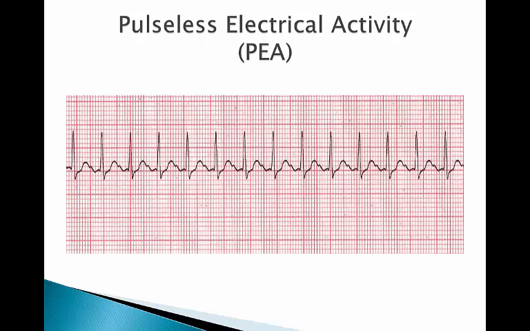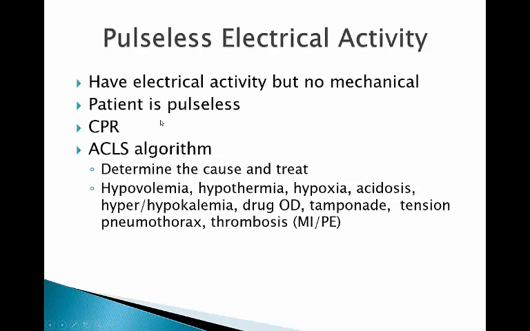The last two rhythms are PEA and asystole. So here's PEA, right? Look, there's P waves, okay? Kind of looks like sinus tach, right? 2, 4, 6, 8, 10, 12, 14. So 140 beats per minute. Looks like sinus tach. The only problem is they're pulseless, okay? So they have electrical activity going on that you can see on the monitor, but they don't have a pulse. And so they're basically not living, okay? So we start CPR and we do